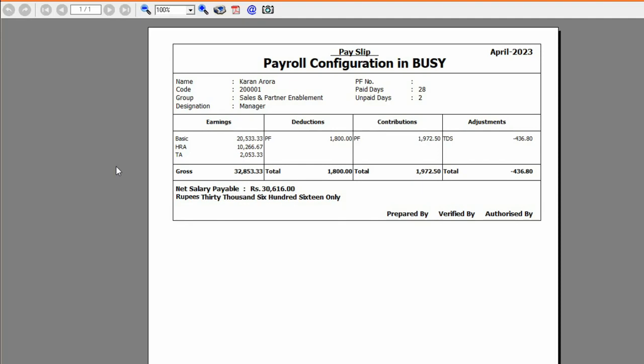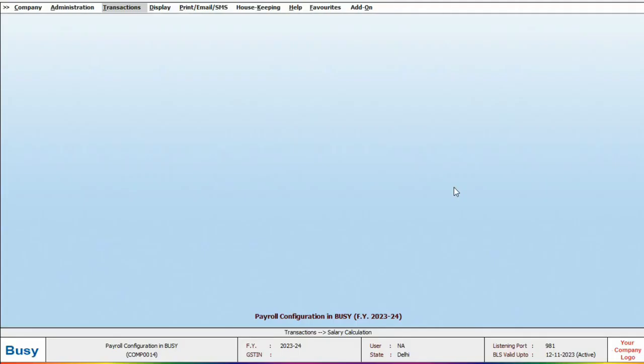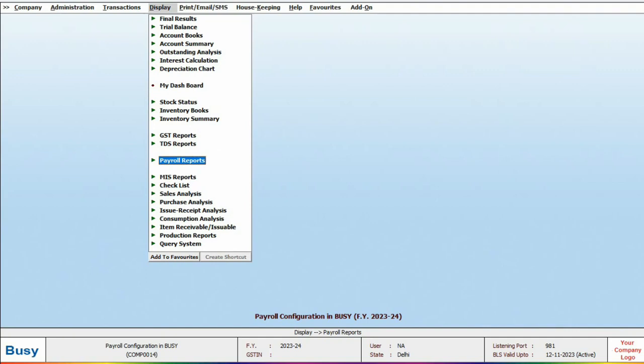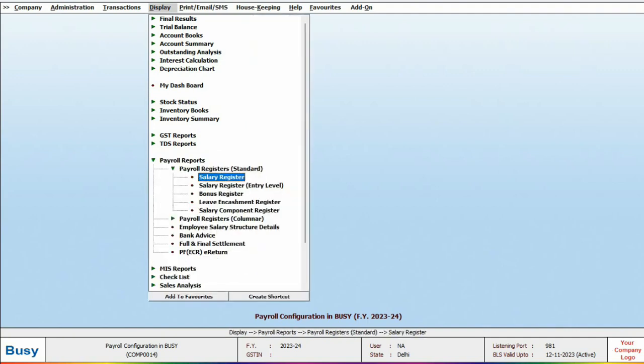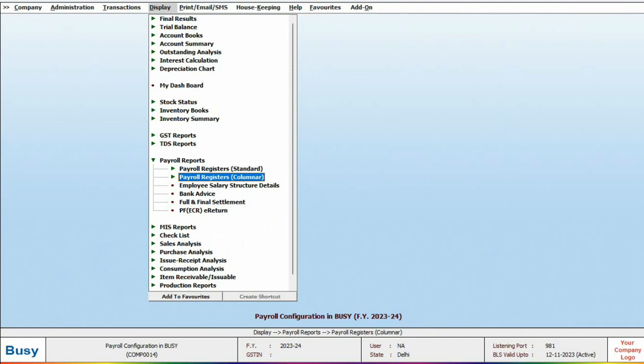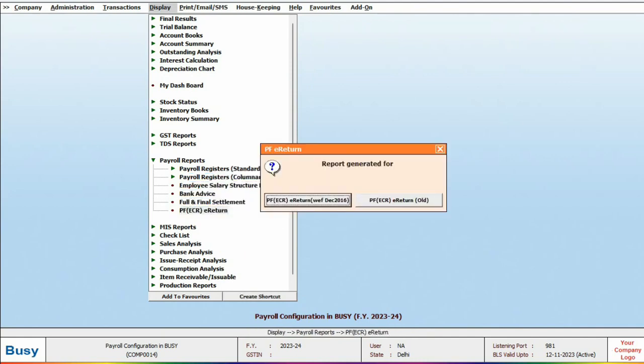Now let's explore payroll related reports. Click on the payroll reports in the display and you will find various reports available. And one more important thing, BUSY also allows you to file the PF e-returns directly from the software. So this